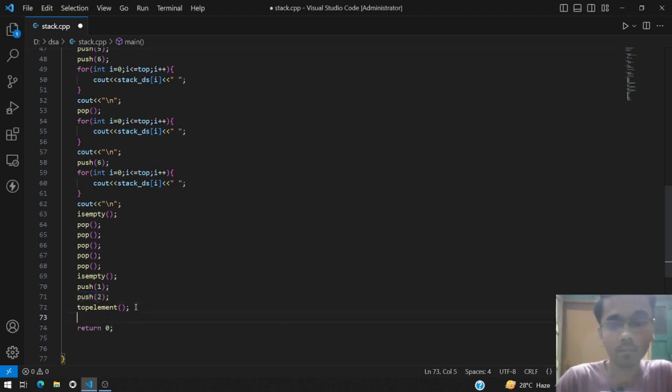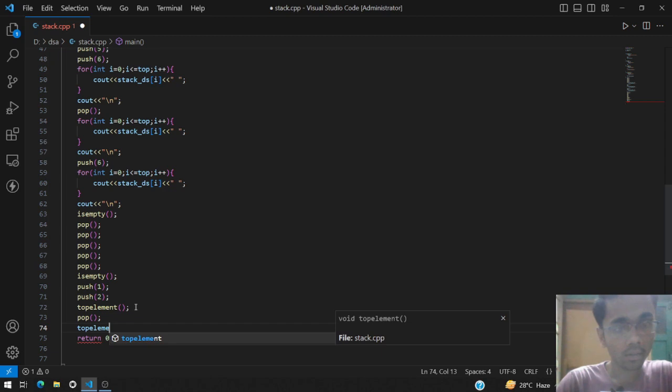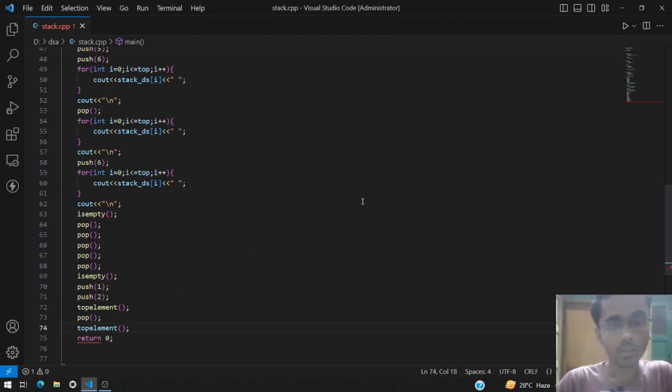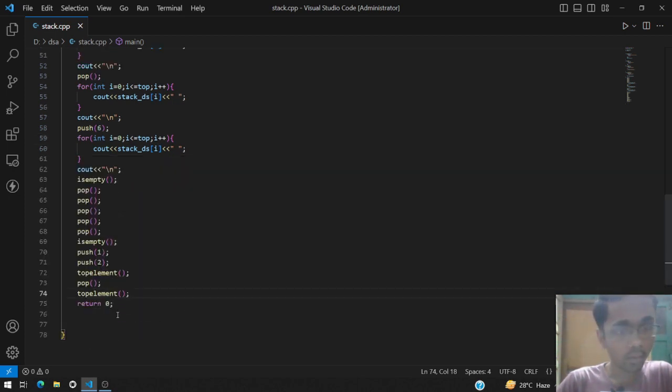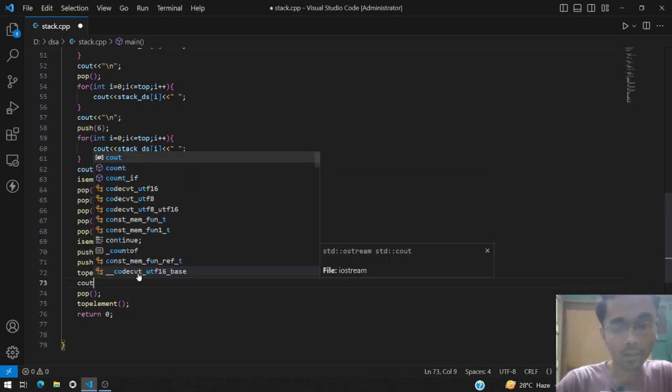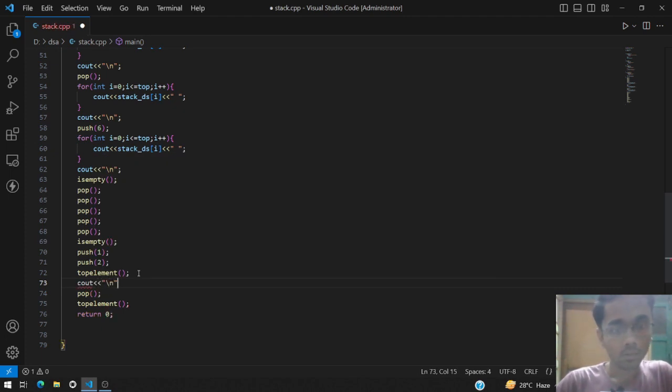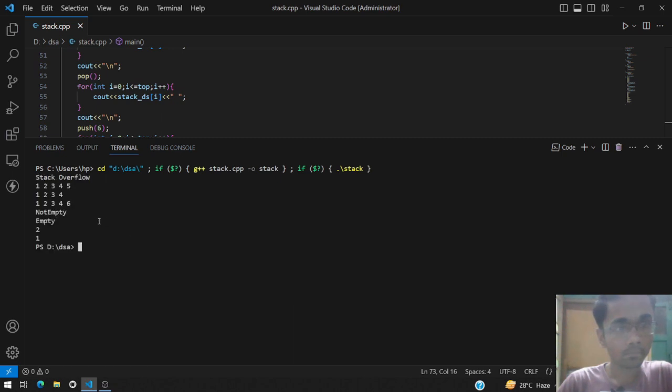Now let's say we pop the element and then see the top element, then it will display 1. Let's see if it is working. Yeah, we are getting 1 displayed.